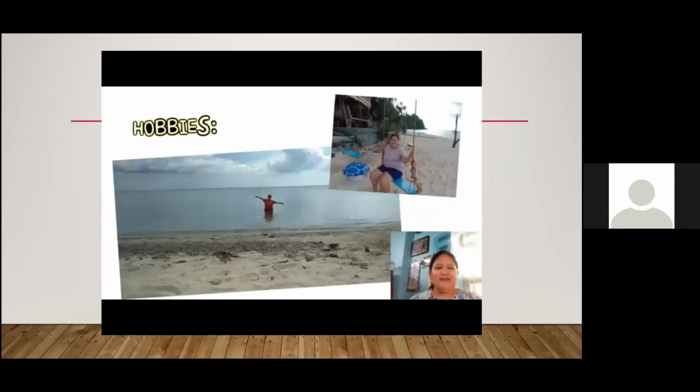And my hobbies, of course. Basically, as you can see, I enjoy going to the beach, especially with my husband and with my mama and papang. And in this picture, I'm wearing a red